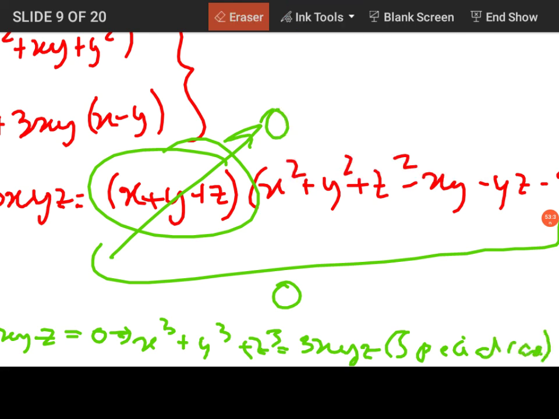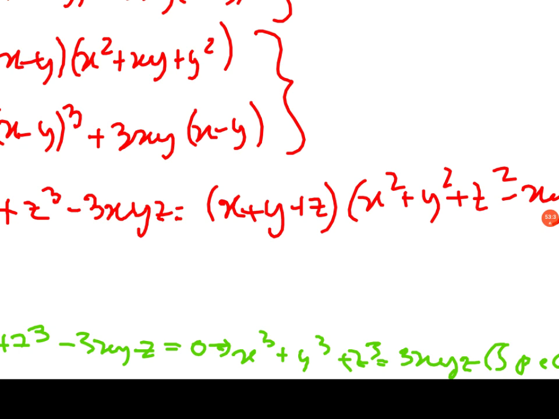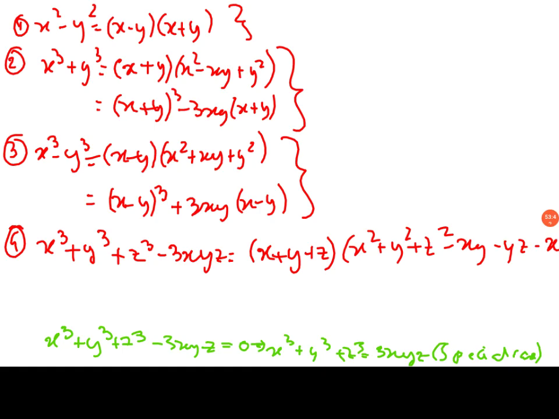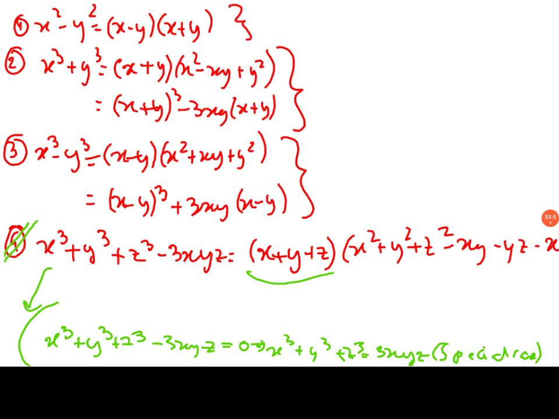This is always true. It's better to remember this way rather than remembering the special case. If x plus y plus z is equals to 0, then this is natural to come. This result is very natural if this becomes 0. So I prefer you to understand this and remember this one. This one will come automatically. Okay,